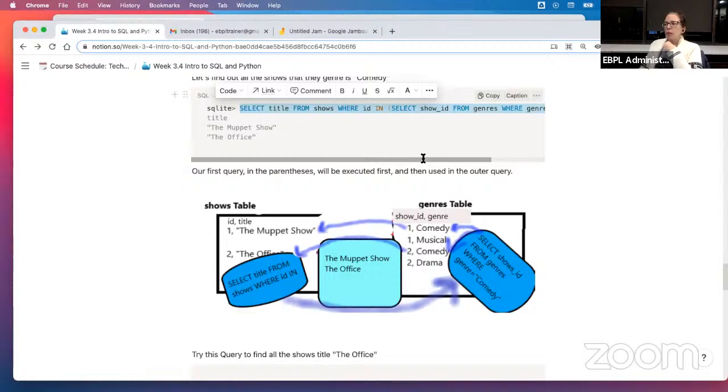So if you can see how you can change that, you can put drama. You can put musical. You can even start being more complex. You can put, like we did last week, a wild search. You can start saying,